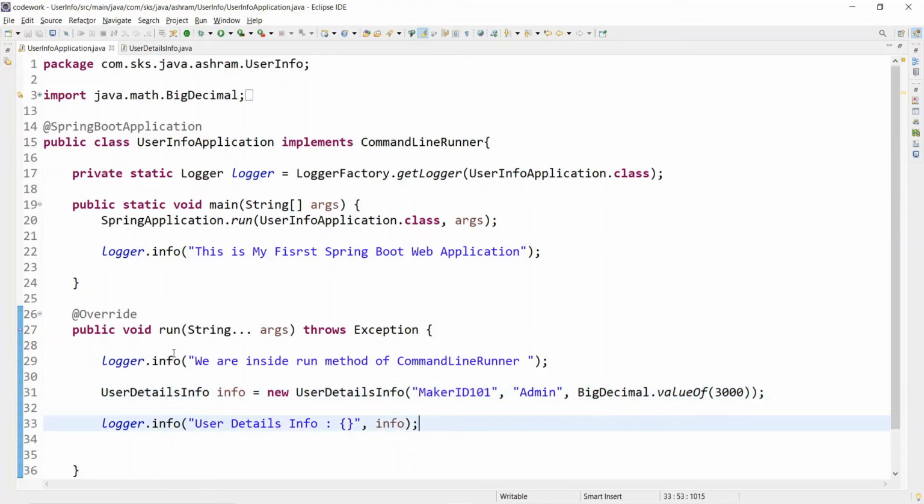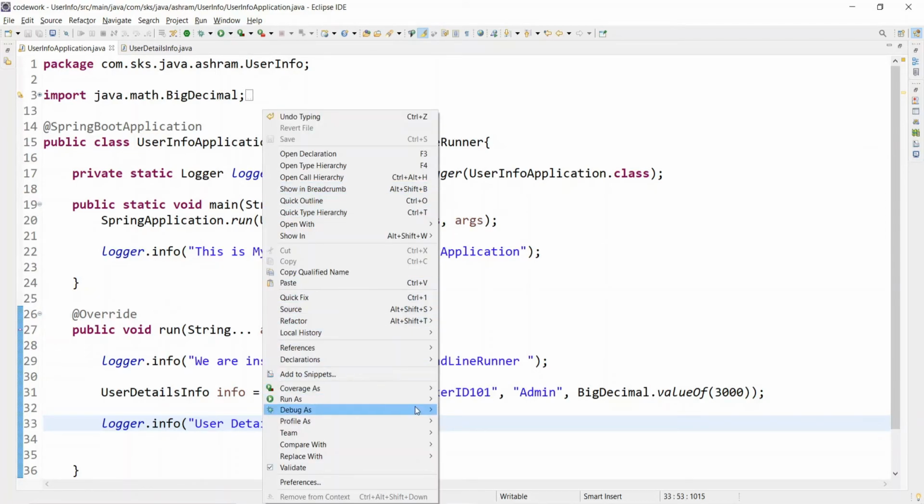So what I want, whenever the system is getting started on the Tomcat, just after start I need this information over the UI, okay. Currently we will be showing it on the console, but this is what our requirement is. So as soon as it's getting started, I need this kind of information, whoever user has logged into the system, right? So now let's run this, run as Java application,